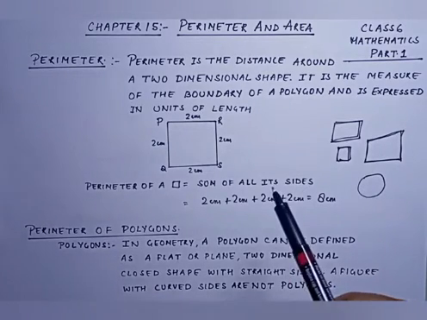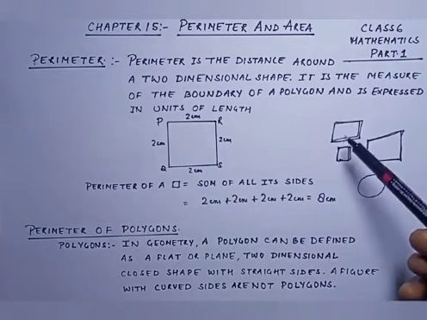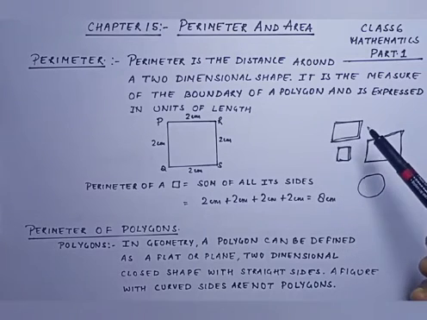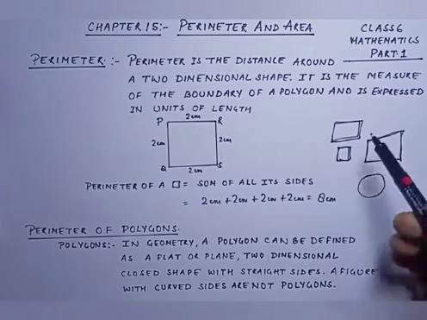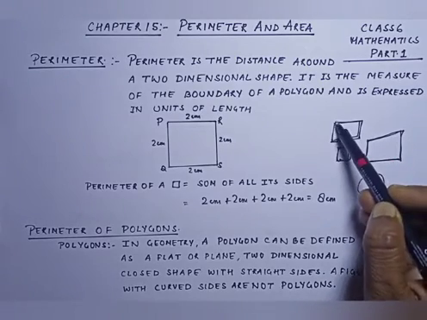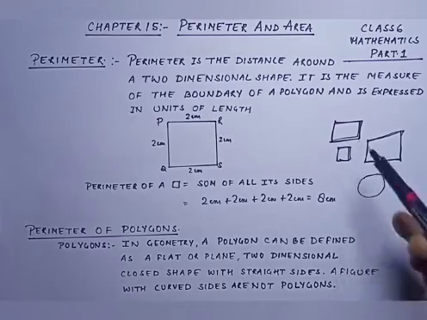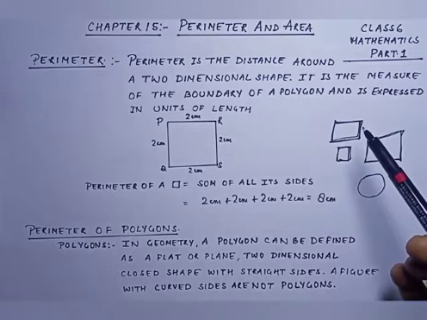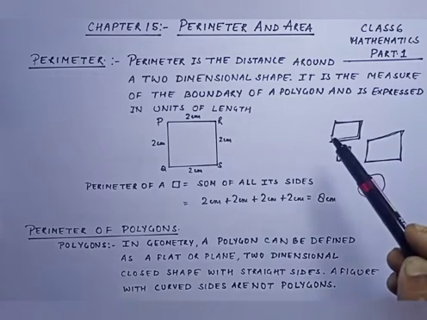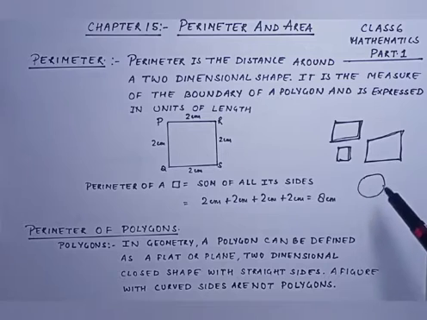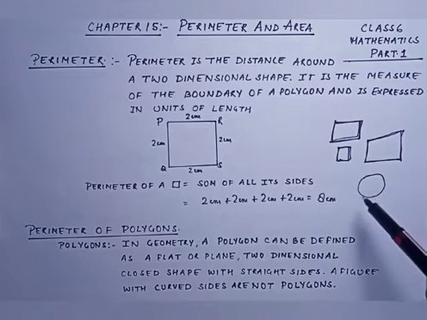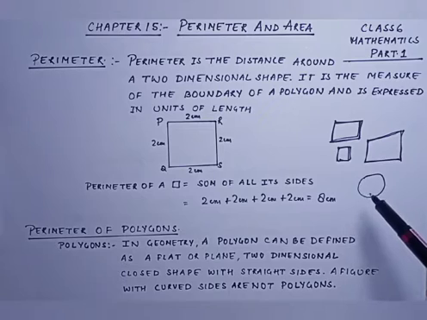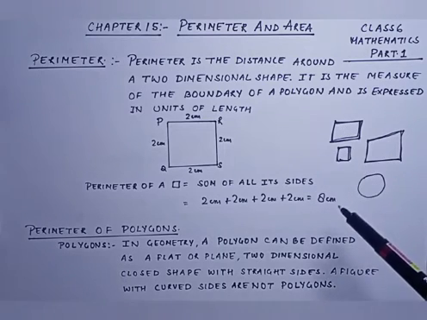First of all, why they are called polygons? Because they are two-dimensional figures. They have length as well as breadth. The second thing is the line is straight. The figure is being formed with the help of a straight line. The third thing, it is flat surface and it is a plane surface. So that is why it is called a polygon. And polygon should not have a curved surface or curved boundary. So any figure which has a curved surface or boundary is not called a polygon. I hope both the topics are clear to everyone.